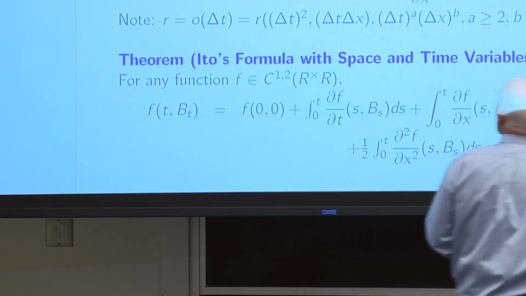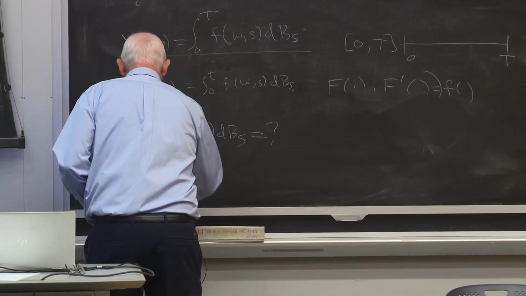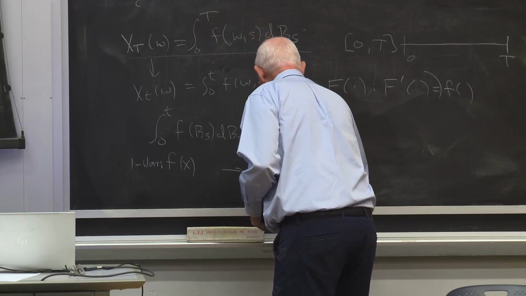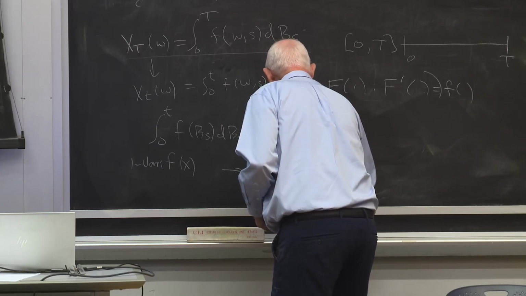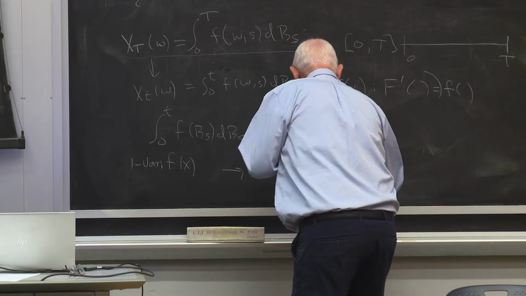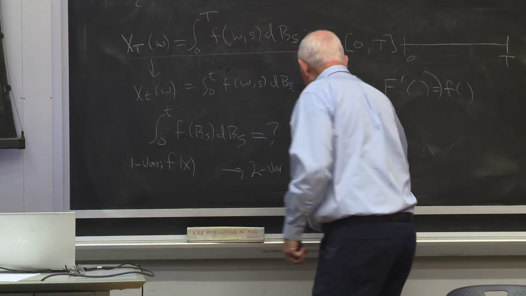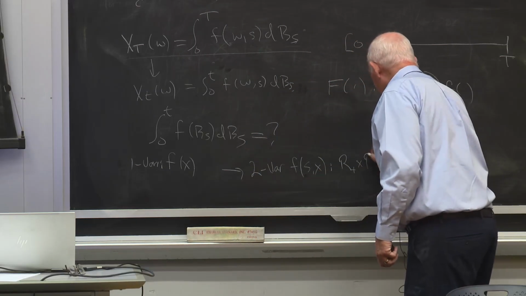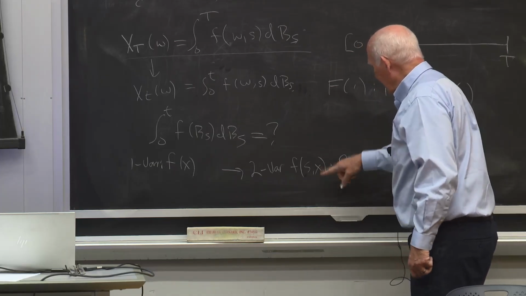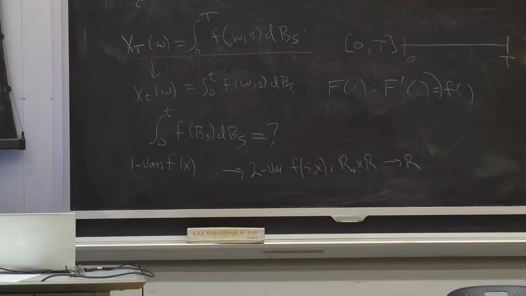So we basically want to go from f of x, one variable, to two variables: functions f, with the notation of s comma x, which maps the time range, R plus, cross the real line of x, into the reals. And we're going to consider functions little f